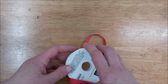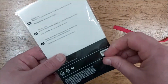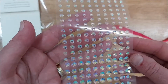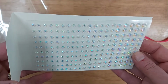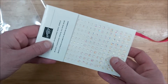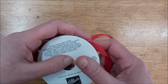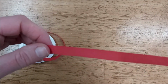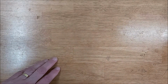And then I also picked up the Iridescent Rhinestones. So these are what they look like in here. They're absolutely beautiful, really quite pretty little iridescent rhinestones there, and they retail as well for $13. And then I got this, which is the Real Red 3/8 of an inch faux linen ribbon. So that's what that looks like. And then the last thing I got in this was the Sweet Talk 12x12 Designer Series paper, and